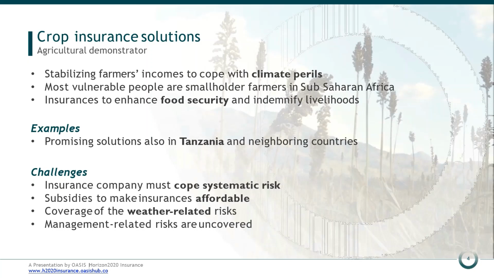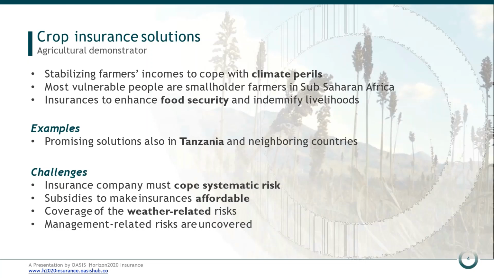Also important to mention that there are some challenges which should be faced. I think it's necessary to mention that we are normally dealing with systematic risk. So it is not only a single country which is likely affected by a drought or similar things, but often it's the entire Eastern Africa, for instance, or even bigger areas. And this also creates some problems when it comes to risk-sharing schemes, but I will come to this in a minute.